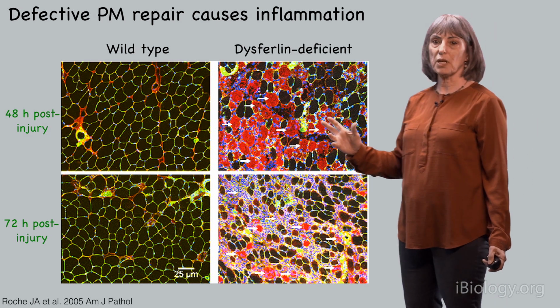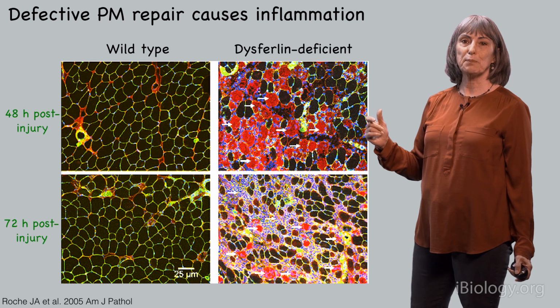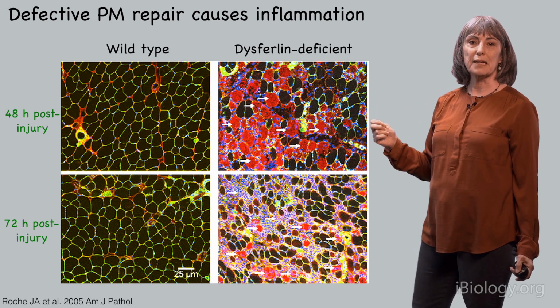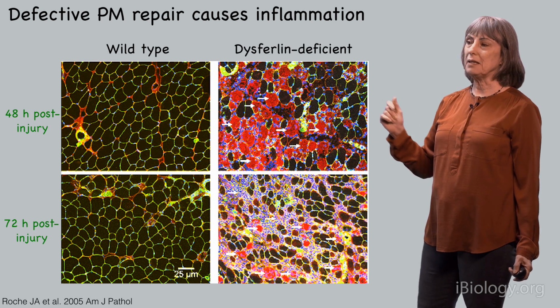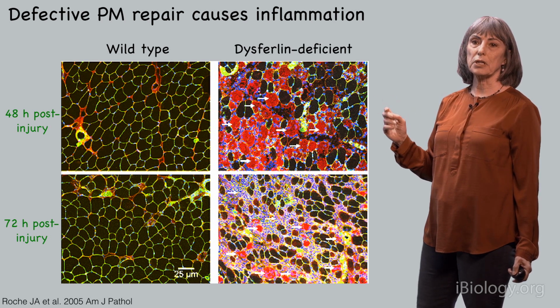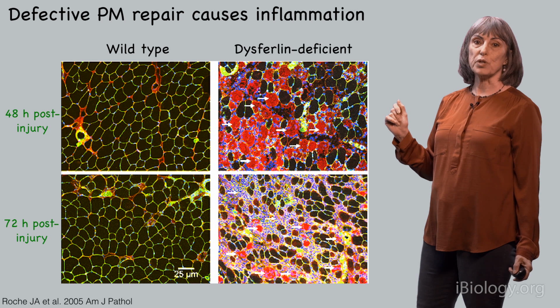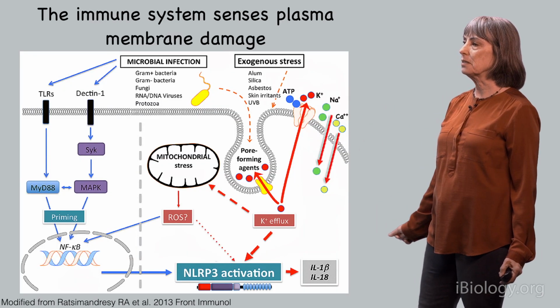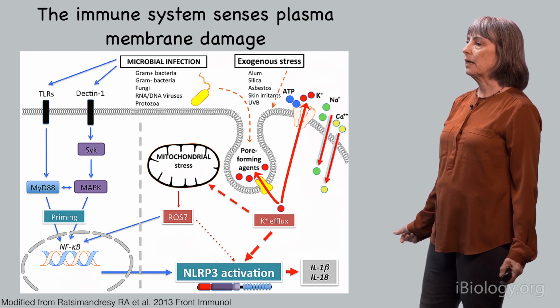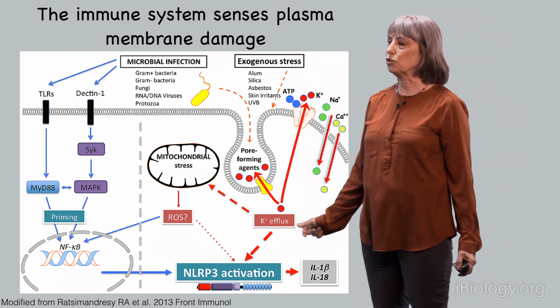So this established an important concept, because for some time there was some discussion that it might be the inflammation of the muscle that was causing the injury. And in this study, Joe Roche showed that actually the injury precedes inflammation. And this is very interesting, because in recent years, exciting findings have been happening in the field of immunology, which